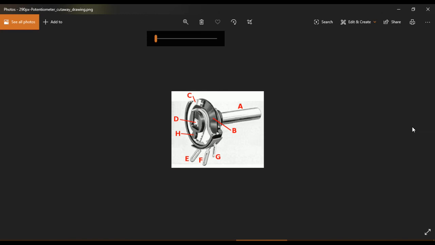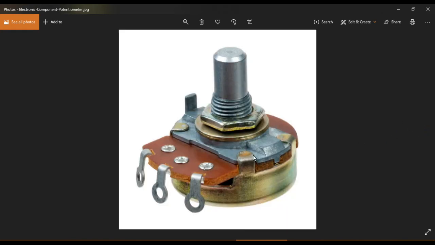Now the next one, this is the conventional potentiometer. This is pin number 2, and according to your direction, maybe it is pin number 1 or 3, and maybe it is 3 or 1. So accordingly, if you rotate the shaft, the value between pin number 1 and 3 is always fixed. Only the values between pin 2 and 3, and 2 and 1 will differ.